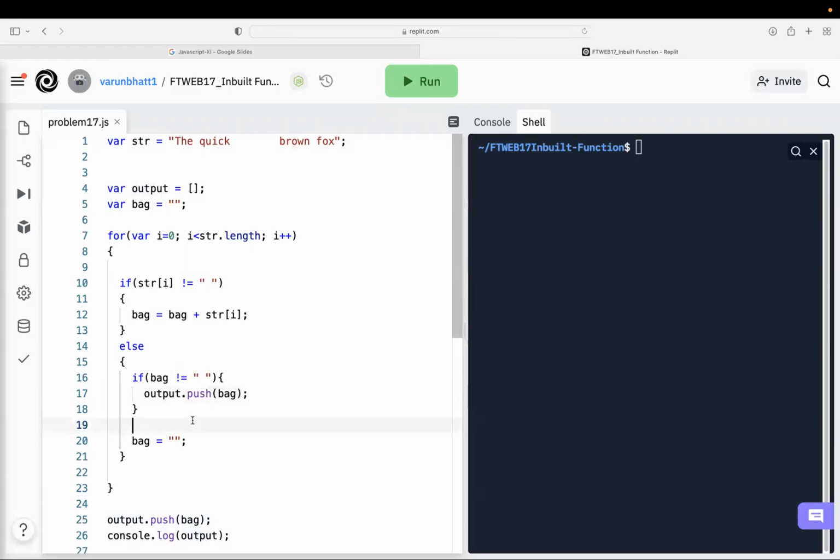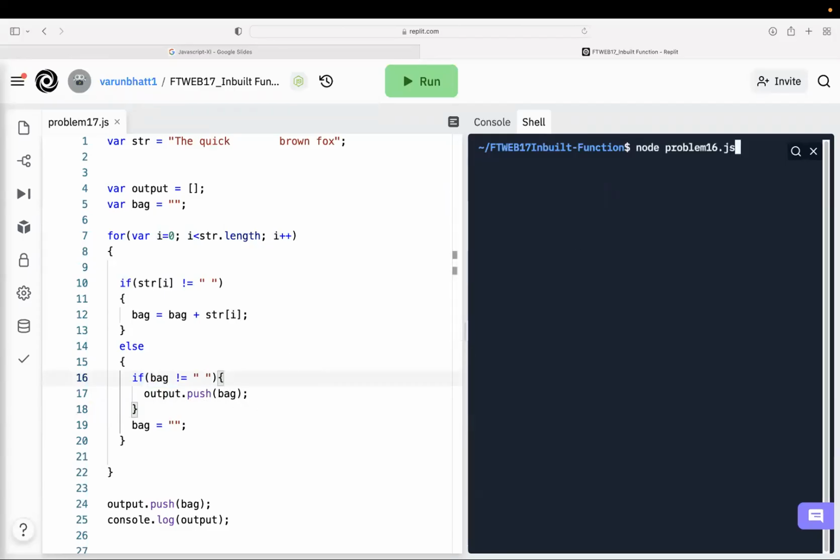Okay, fine. So basically here I'm saying that if my character is not a space, then output it into my bag. Every time, it will take care of that thing. So if I run it,